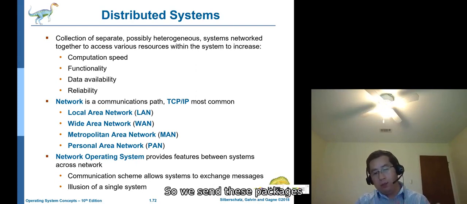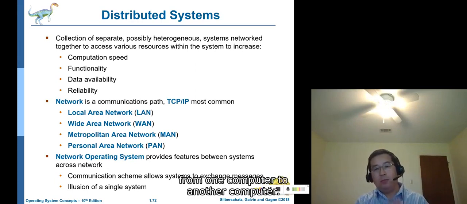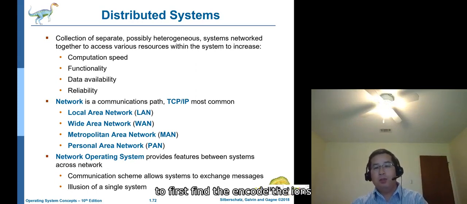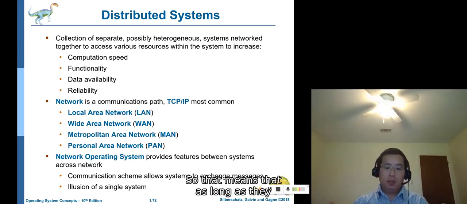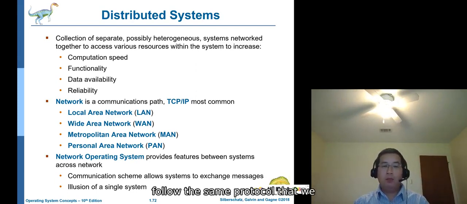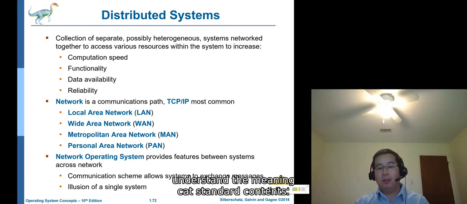We send the package from one computer to the other computer, and on the other side they need to first encode and then decipher, to see what the meaning is. As long as they follow the same protocol, they will understand the contents.